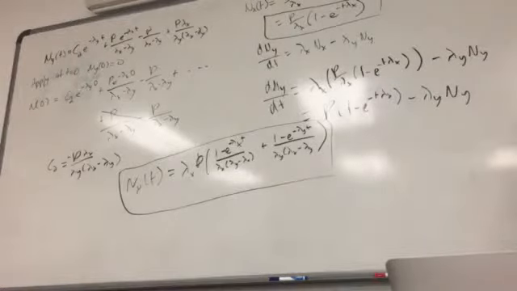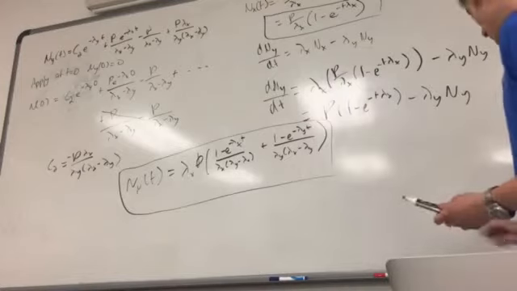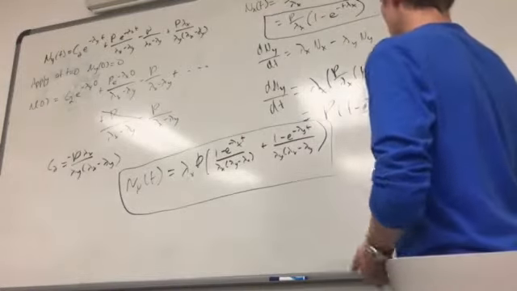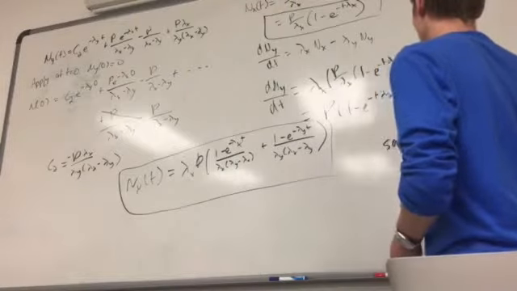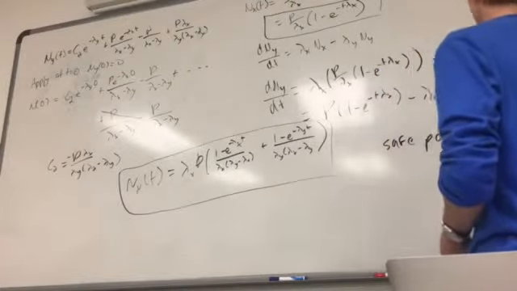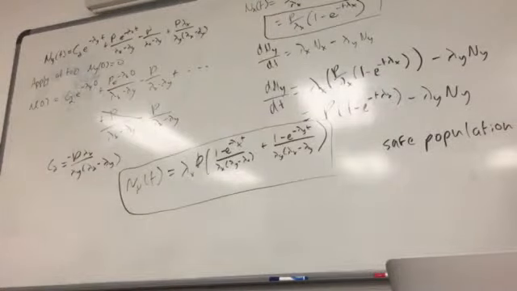So I guess the next thing is, say X is toxic, and you don't want a lot of X in your sample when you send it to the hospital, so you need to let it decay away. And you need to find a time at which the population is low enough that it's safe to ship. So let's say the population of X needs to be a safe population with variable C. So how would you solve for the time at which it's safe to